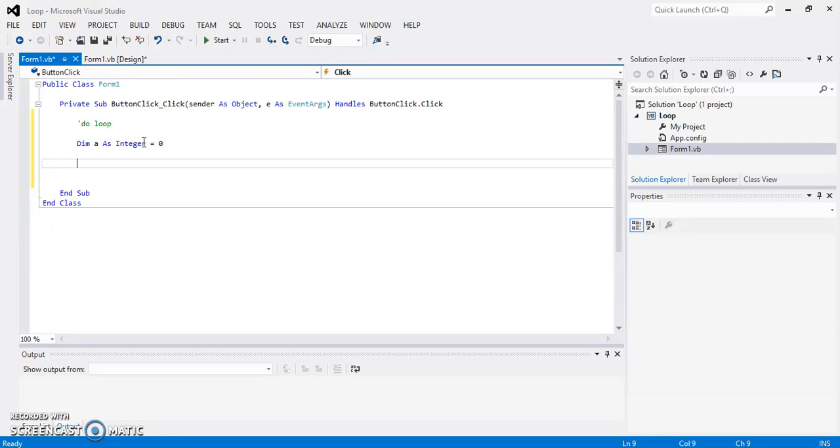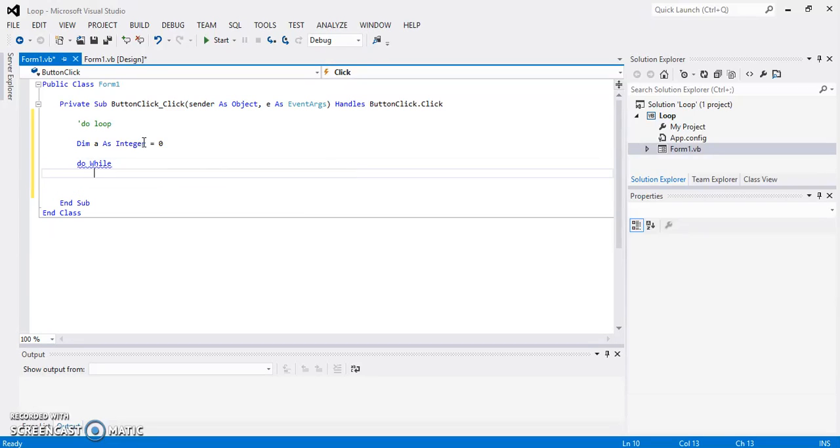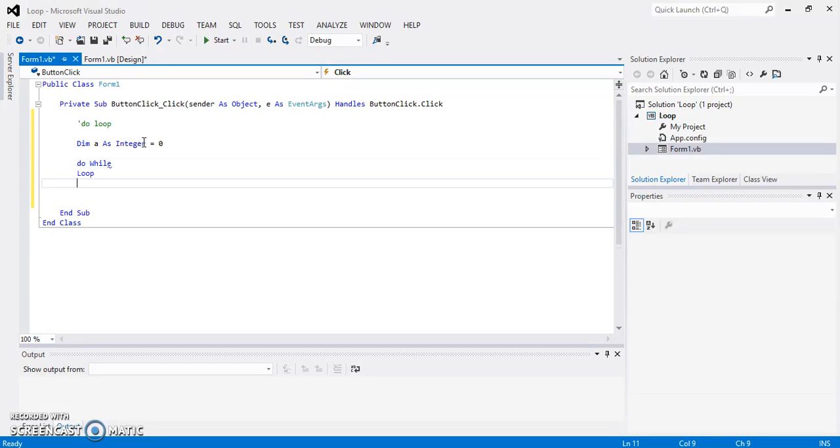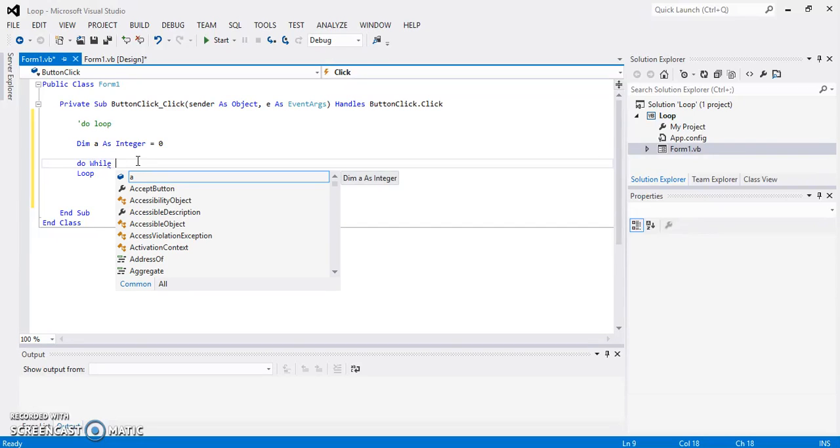Okay, first we are going to start with the do while loop. In do while loop, you have to type do while